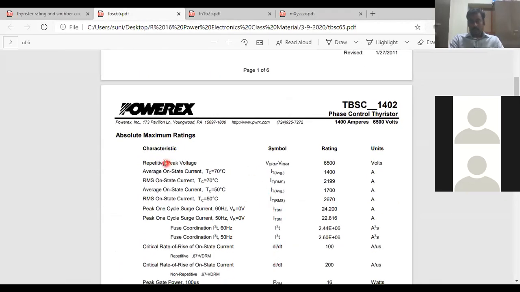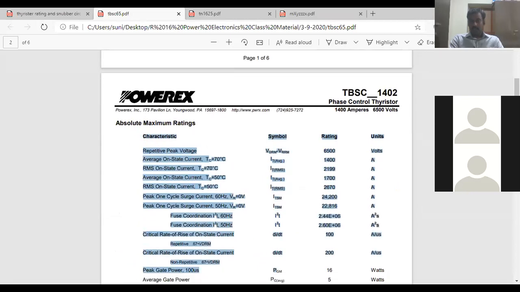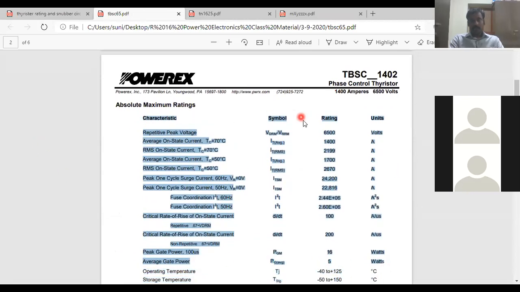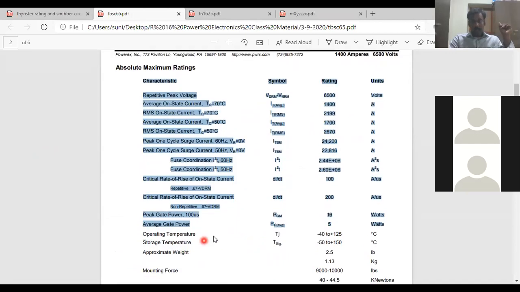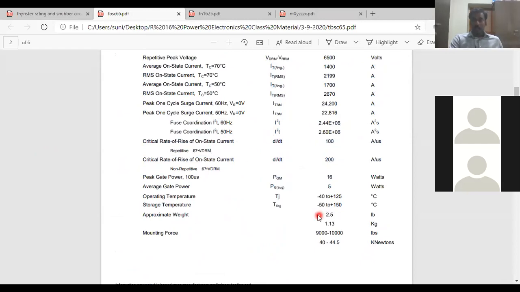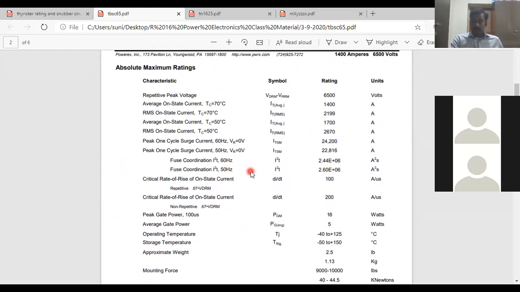Okay, so you can observe all these specifications here. Peak repetitive voltages, on-state voltage, on-state current, on-state voltage drop, critical rise in the current value, and critical rise in the voltage value, peak gate power values. All these values are here. Okay, so what is the need for considering these specifications? Whenever we consider an SCR in a circuit, whenever we need to design a circuit, it may be a converter, it may be an inverter circuit or a chopper circuit, anything.